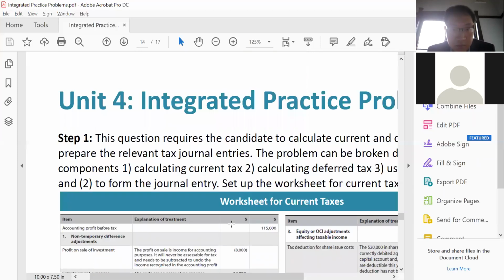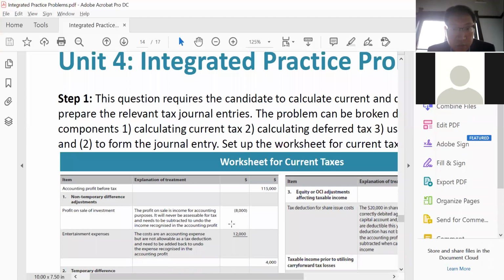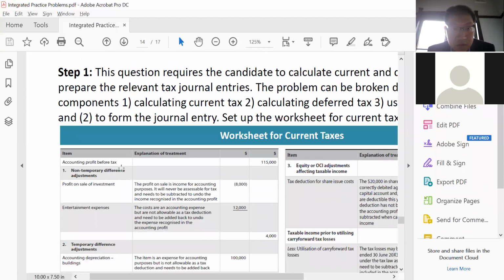So let's begin by working through these non-temporary difference adjustments. Non-temporary just means permanent. So what are